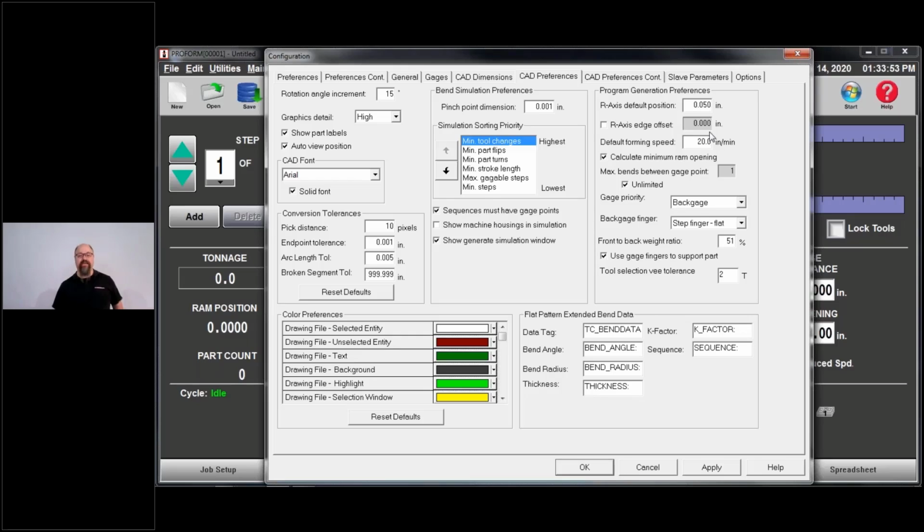And what that's indicating is that the front corner of the gauge block is going to be 50 thousandths of an inch above the top of the lower tool. That gives you clearance. If I have to bring the gauges in above the tools, that allows me 50 thou clearance between the top of the die and the bottom of the finger.